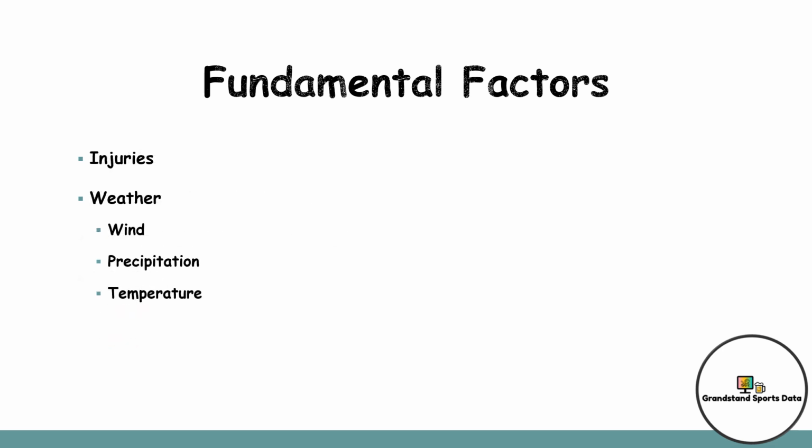Next, for fundamental factors, we'll go with injuries. People freak out when they see a guy on the injury report and it says probable or questionable. Let me just get this out there. A player that's probable, from game number one in the NFL all the way to today, plays 95% of the time. So if you see a probable next to one of your favorite players, there's only a 5% chance he's not going to play in that game, according to history.